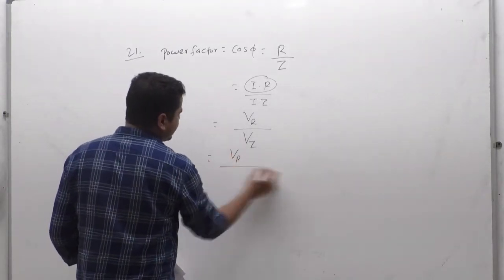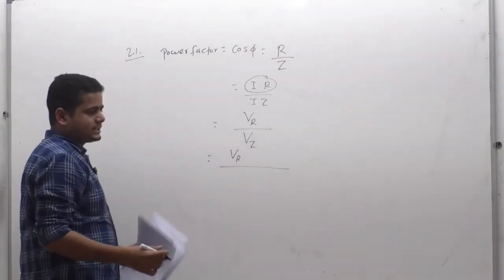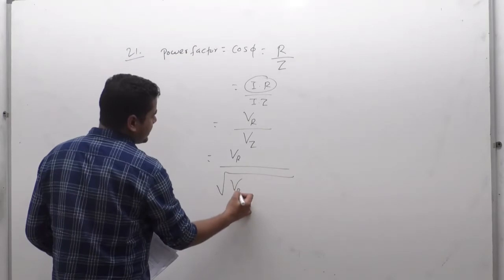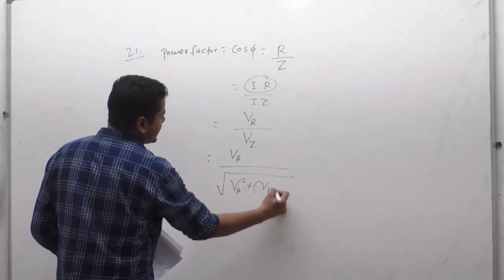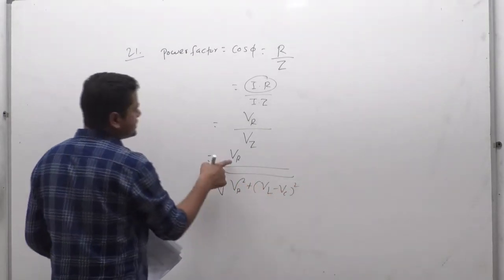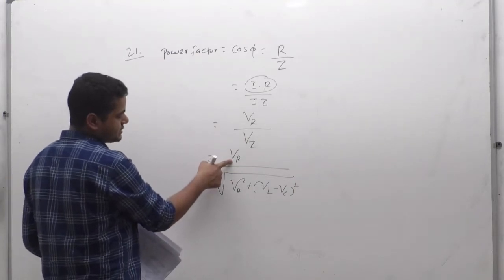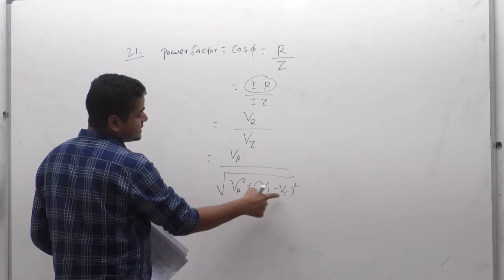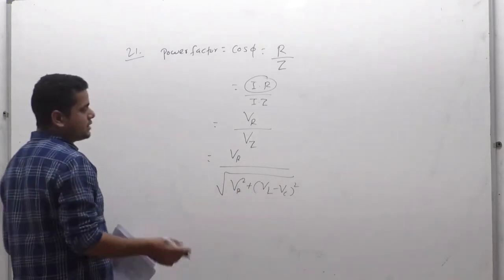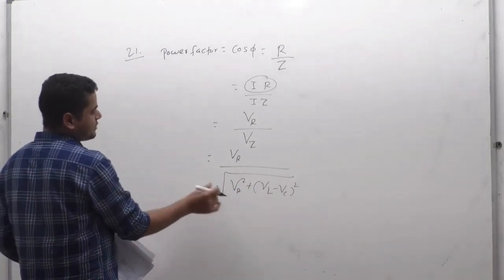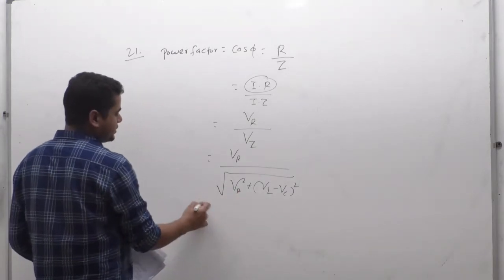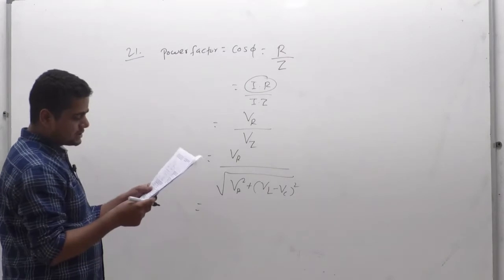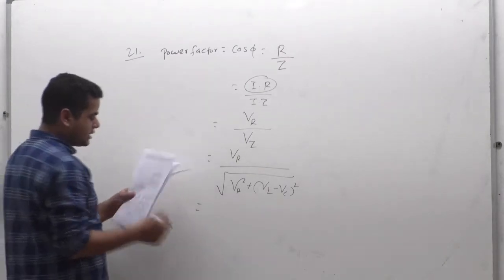Further you can write this as VR upon Vz, and we know that in a series RLC circuit, Vz is equal to the square root of VR squared plus (VL minus VC) squared. What is the meaning of this term? This is the voltage across the resistor squared, plus the voltage across the inductor L and capacitor C, because they are out of phase. That's why we need to do it in that manner. That you already know. So just put in the values. What have they given to us? The potential difference across the resistor is how much? 80.